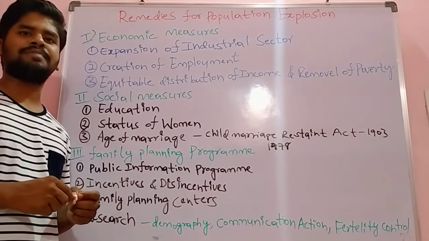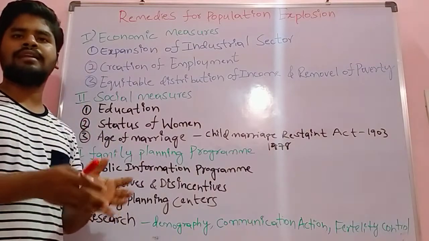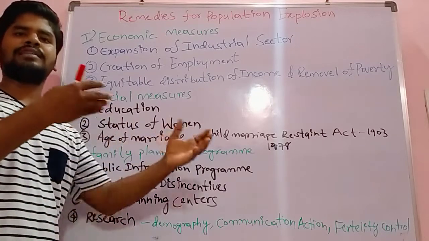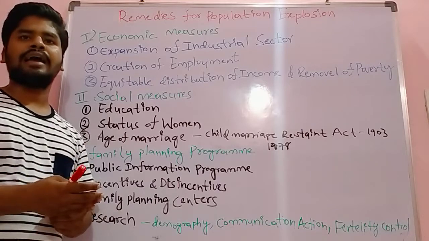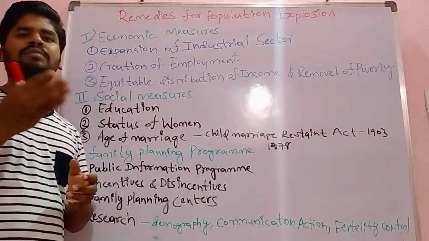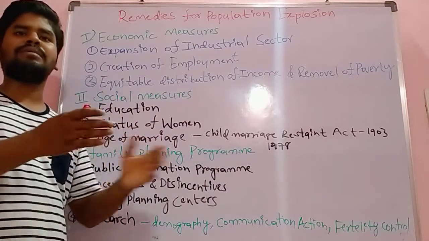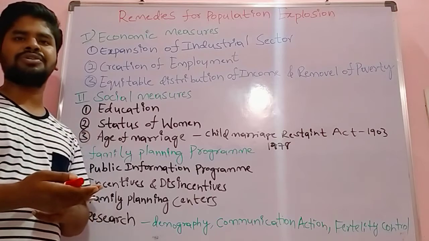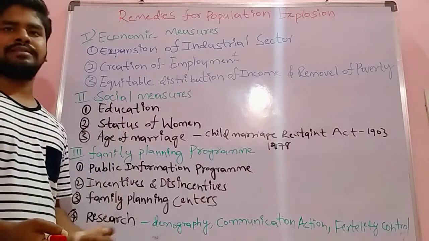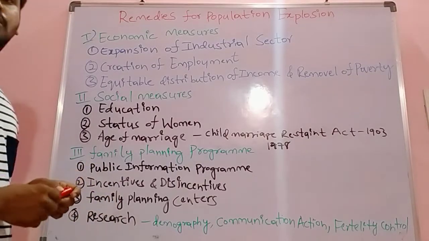In this video, I am going to explain the remedies for population explosion. In the previous class, we learned about the causes of rapid growth of population: the elimination of famines, control of epidemics, and other factors. Economic factors include the predominance of agriculture, urbanization, and poverty. Social factors include lack of education and the joint family system. So we discussed a number of social factors in the previous classes. Now, coming to today's topic,